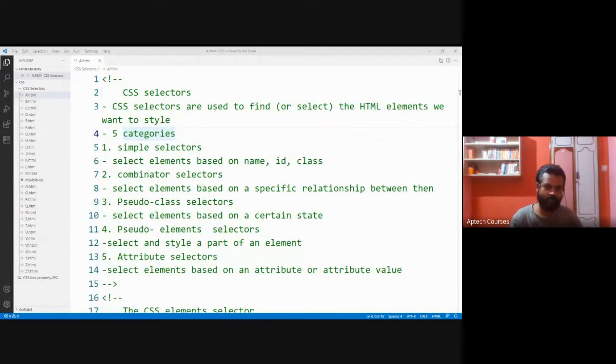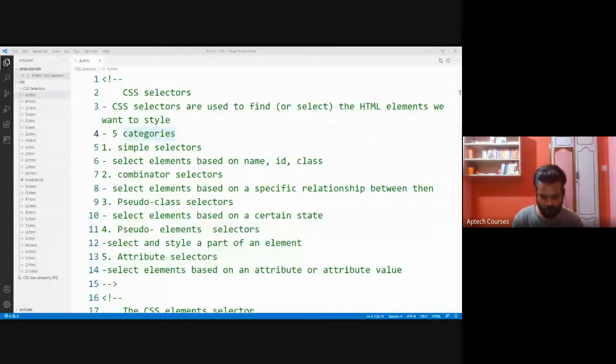So first we'll learn about the basics of CSS. Basically, why are we using CSS? CSS is for styling an HTML document.